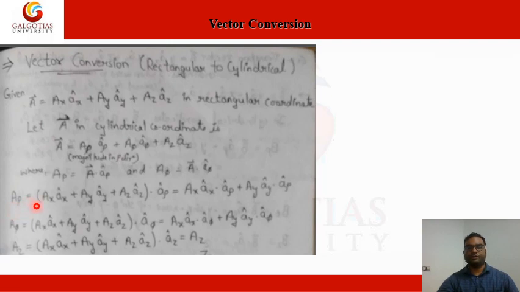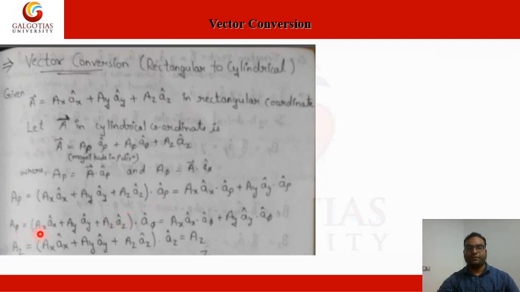So let us see here, a rho is equal to (ax in the direction of x plus ay in the direction of y plus az in the direction of z) dot product with a rho. So we first multiply a rho with ax, then a rho with ay, then a rho with az, and at last we get the term ax dot a rho plus ay dot a rho. We are not getting az dot a rho because this dot product is 0, which will be seen in the next slide, how this happens.